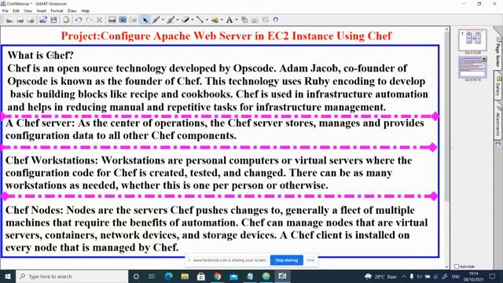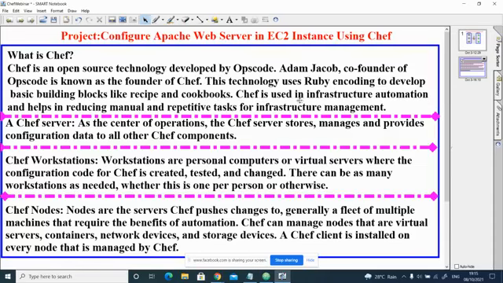Now what is Chef? Chef is an open source technology developed by Opscode. Opscode is a company. Adam Jacob, co-founder of Opscode, is known as the founder of Chef. This technology uses Ruby encoding to develop basic building blocks like recipe and cookbooks.